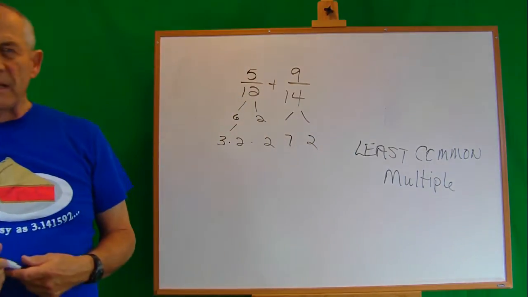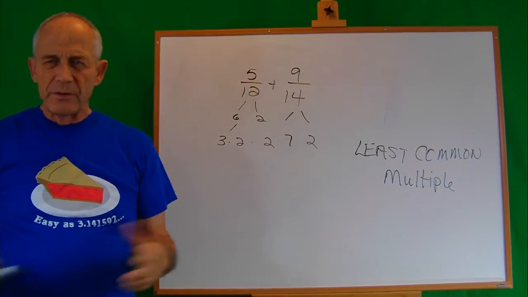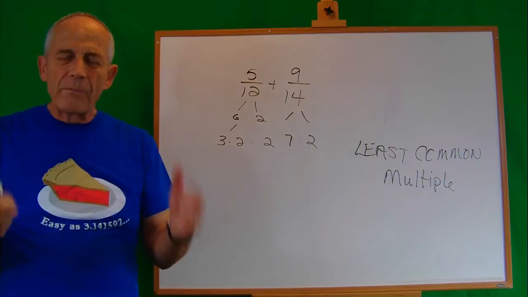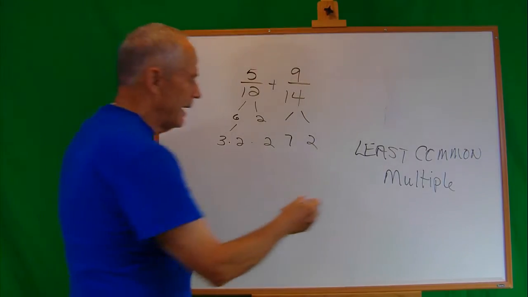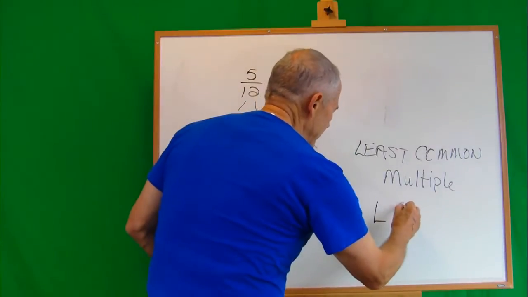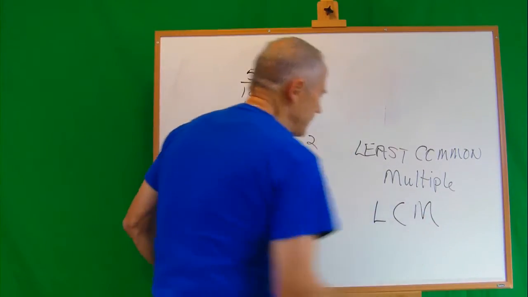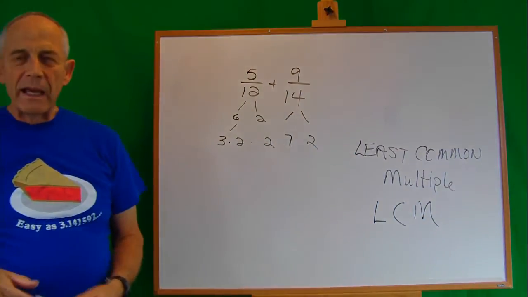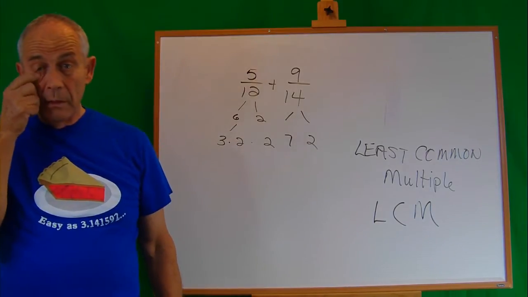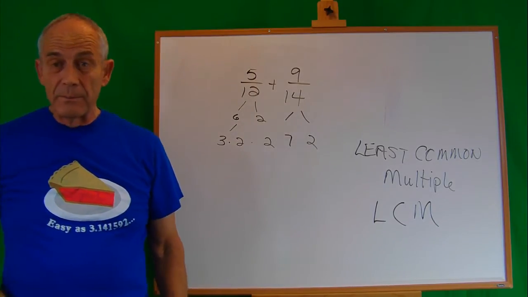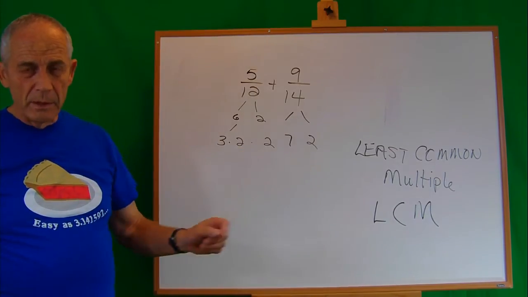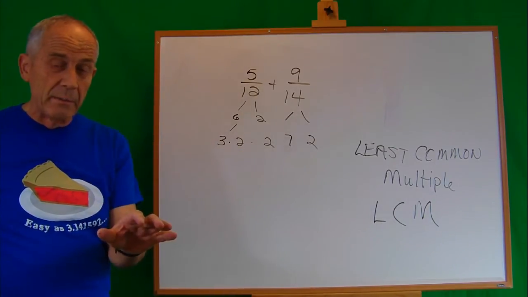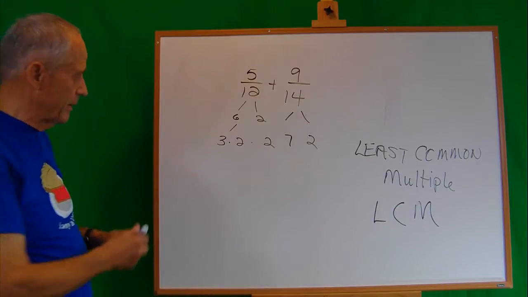We use this idea of least common multiple rather than just common denominator because hopefully it will help us remember how we find it. They abbreviate it, so they call it the LCM, or the least common multiple. So when I look for this least common multiple, which is going to become my common denominator,